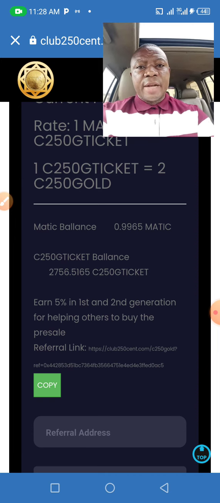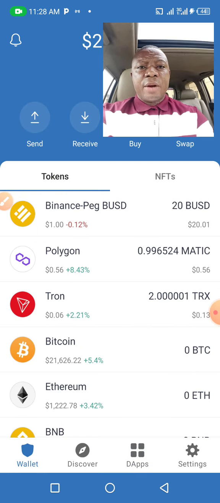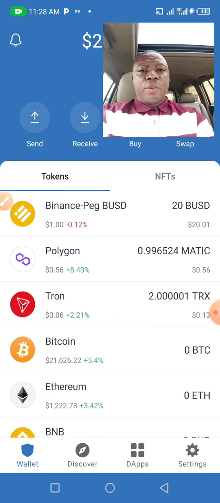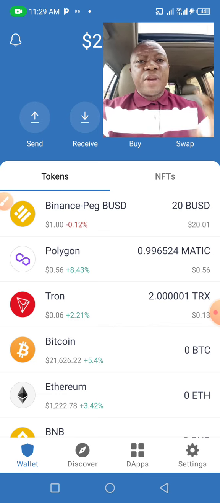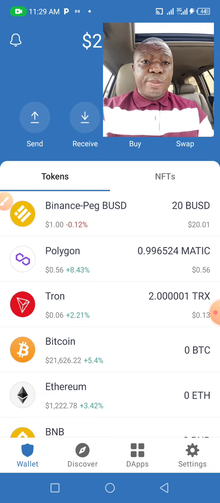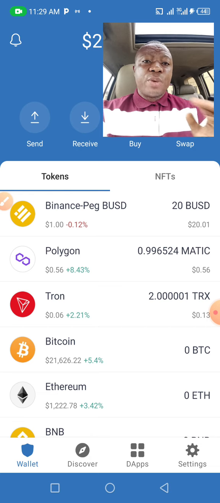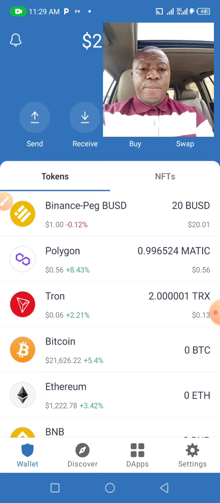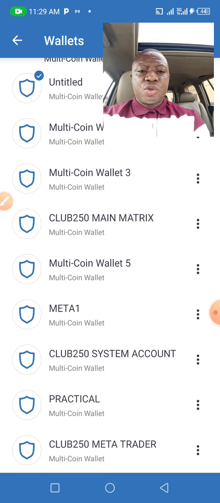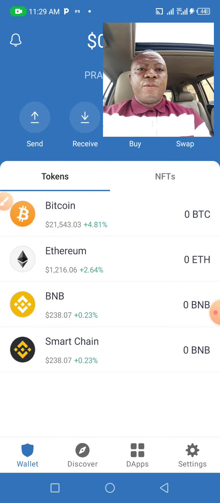I'll be using another wallet address, or I will use another wallet for this demonstration. So I go out of this portal. Now, to go by our lineup, the first thing we're going to discuss in this video is to assume that we're coming in afresh. All we have is our Trust Wallet. The first thing to do, which we have in part one, is to know how to add Polygon Matic to our Trust Wallet. Of course, you can create multiple wallets from your Trust Wallet. I have multiple wallets, and I've just created a wallet here for this practical.